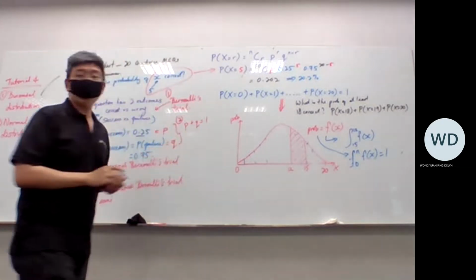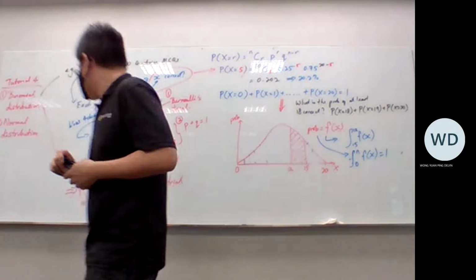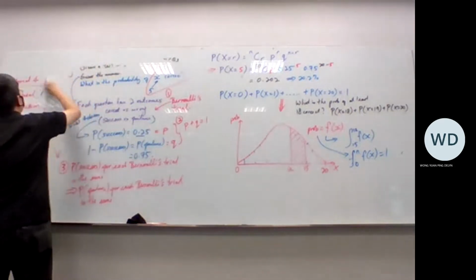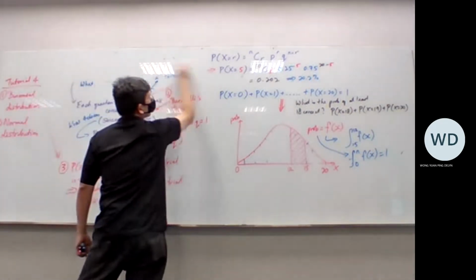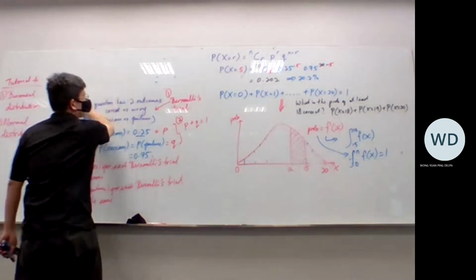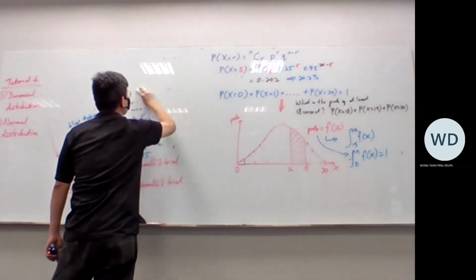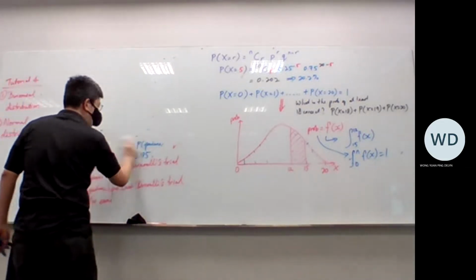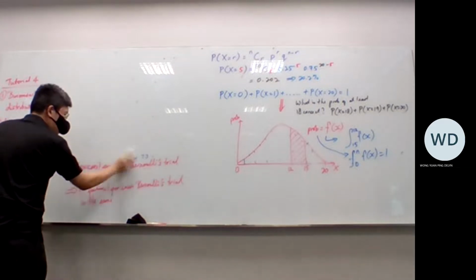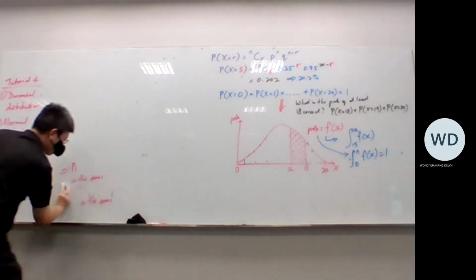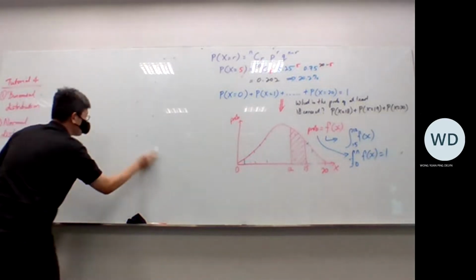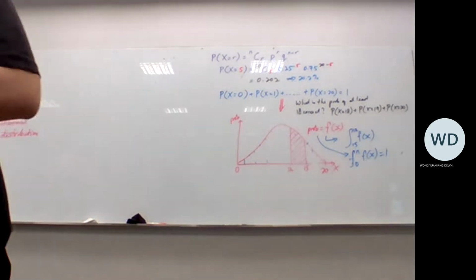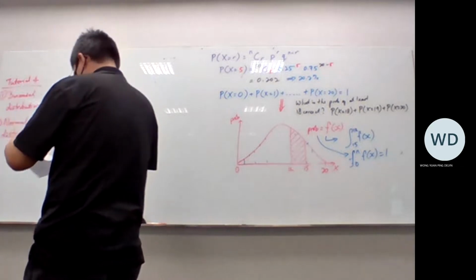So based on this, we can start to do your tutorial questions, the tutorial question 2. So how do you do your tutorial question 2? Let's settle this. Your tutorial questions 2, 3, 4 use binomial distribution. 5 and 6 use a normal distribution. Later we talk about normal distribution. Okay. So question 2